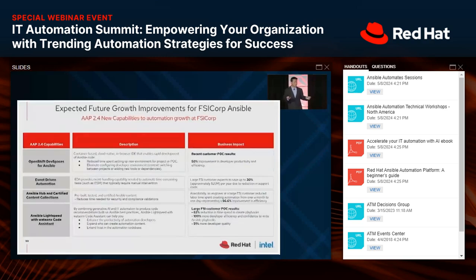So that's a lot of time that they would save, in addition to just the benefits of automation and Lightspeed as well, which I think the previous speakers spoke about, but being able to create content better and effectively enable more people to automate and create automation.